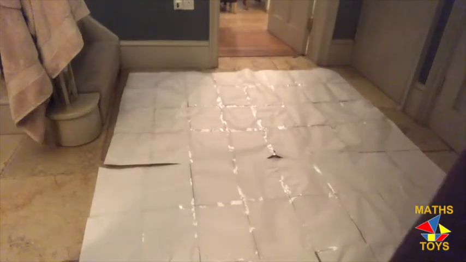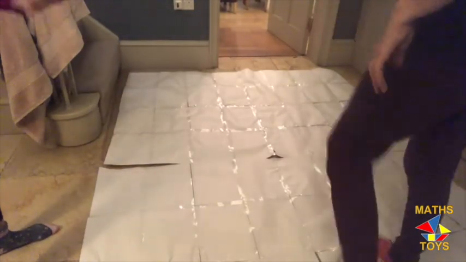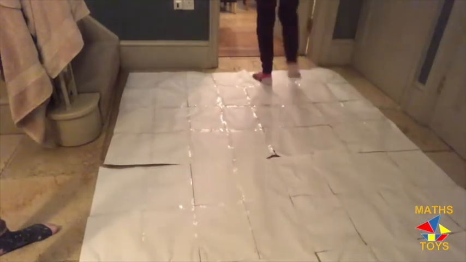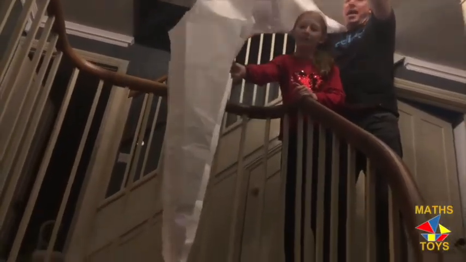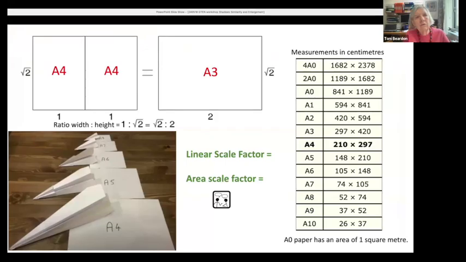So we got a massive piece of paper, which is amazing. Okay, you grab that. This is 3, 2, 2, 1, 1. So you see, if you put two pieces of A4 together, you make an A3, and the ratio from the